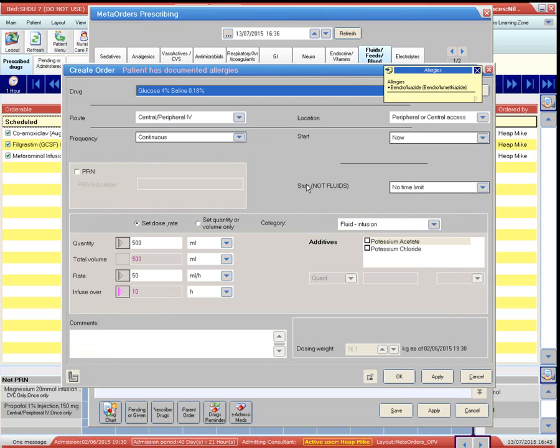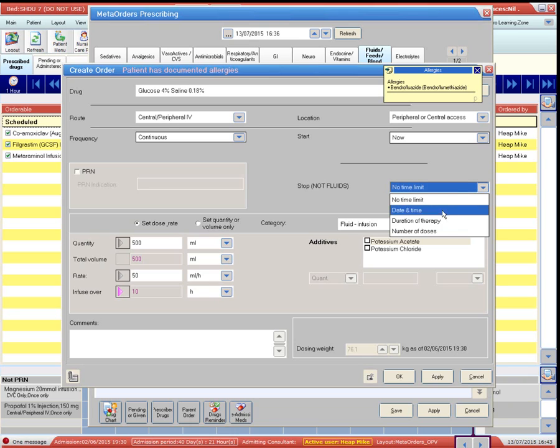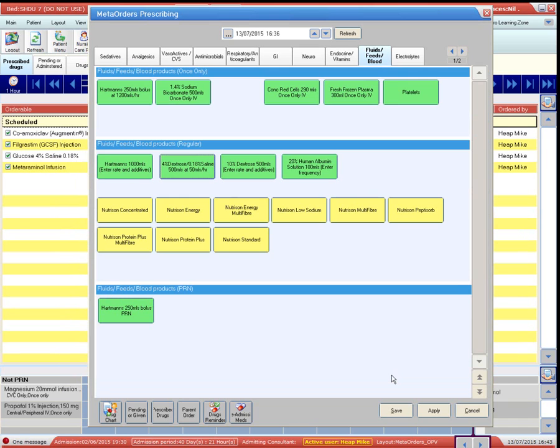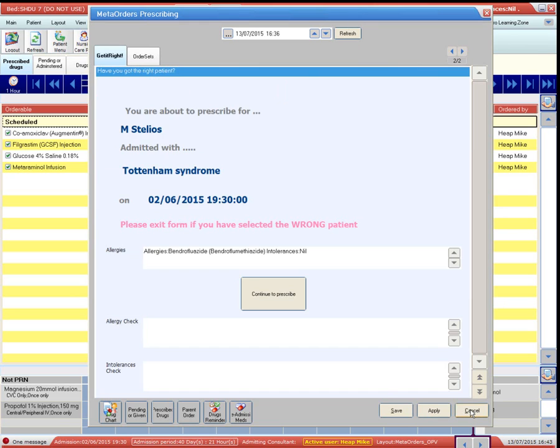In theory, you could put a number of bags that you want to give, or the dose and time you want it to stop, but there is a bug in Metavision that means that you must not use this facility. So for any continuous drugs, please do not put a time limit on. You can add potassium if you like. So we exit the form at this point,